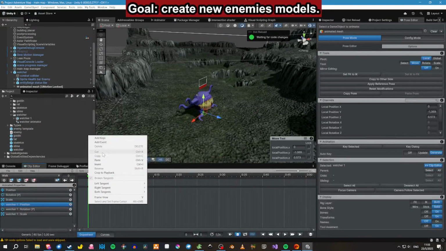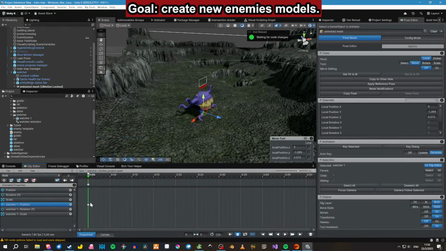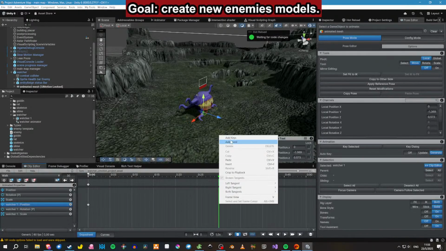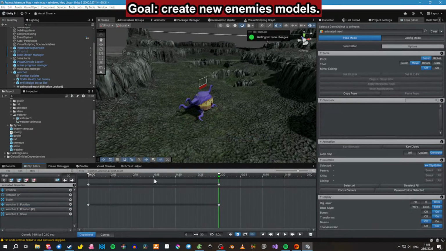So let's add keys and then this should be a little faster, I think. So the walk was 40, I think. This should be 30. And then